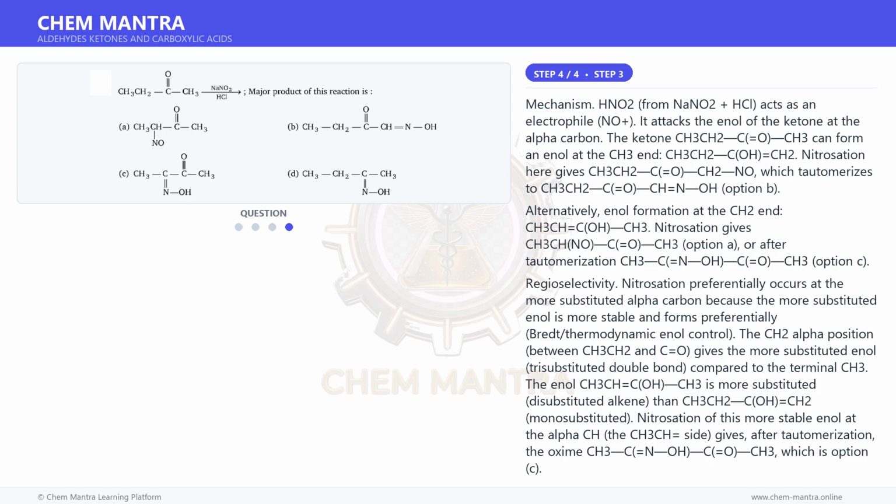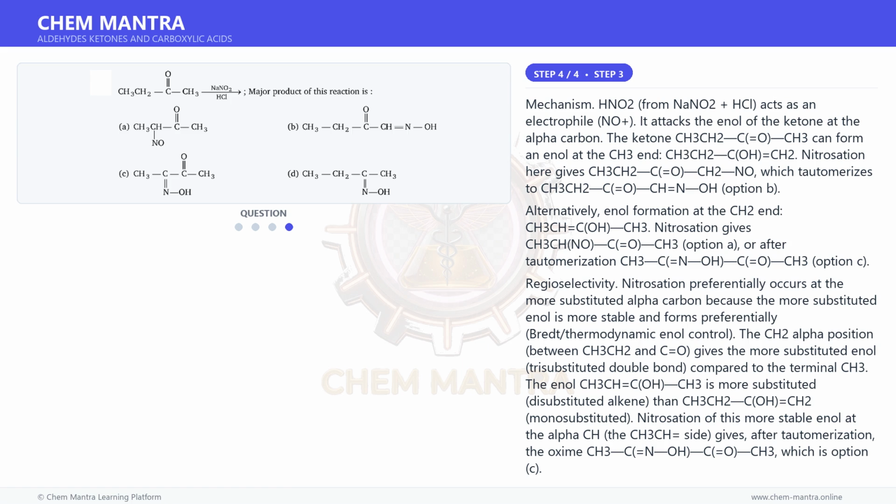Mechanism. HNO2 from NaNO2 plus HCl acts as an electrophile, NO+. It attacks the enol of the ketone at the alpha carbon. The ketone CH3CH2C=O CH3 can form an enol at the CH3 end, CH3CH2C(OH)=CH2. Nitrosation here gives